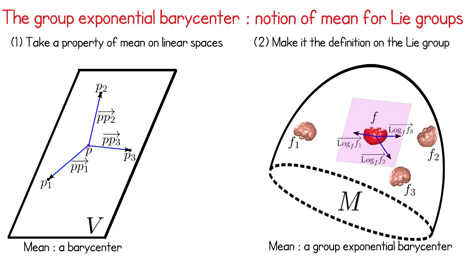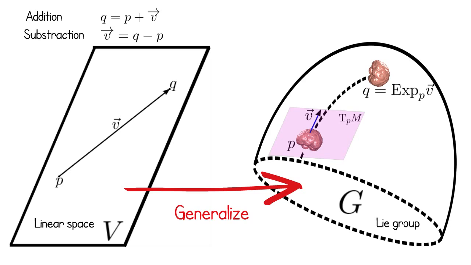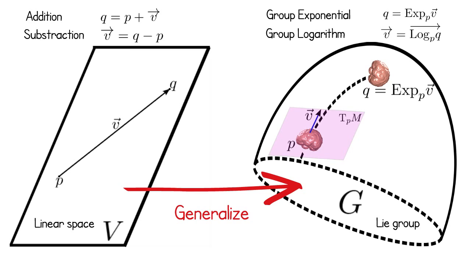Wait, why group exponential? And what is this log here? Yes, to define the group exponential barycenter, you need to generalize again some notion from V to M. But now M is more than a manifold, it's a Lie group. Let's write it G. On V, you can add a vector V to a point P, or subtract P to Q to get V. On G, this generalizes to the group exponential of V at P and the group logarithm